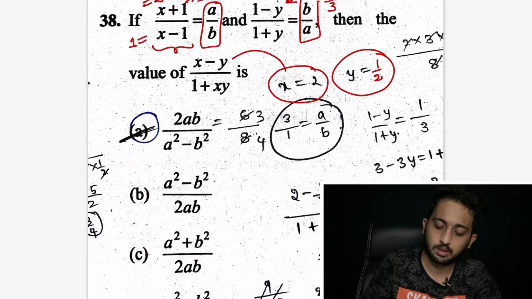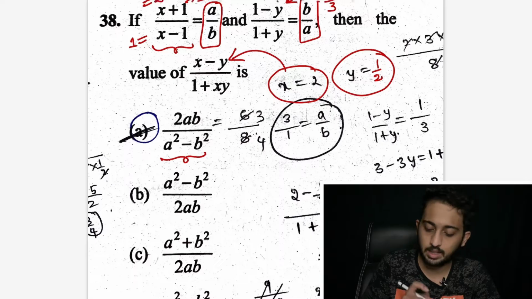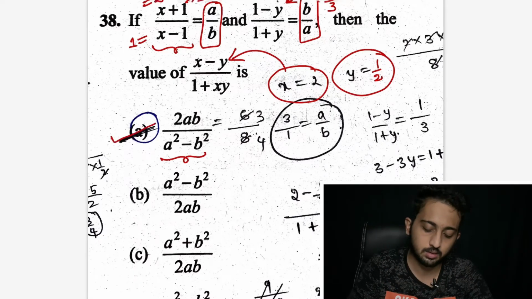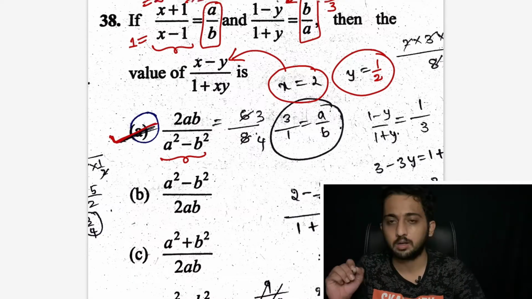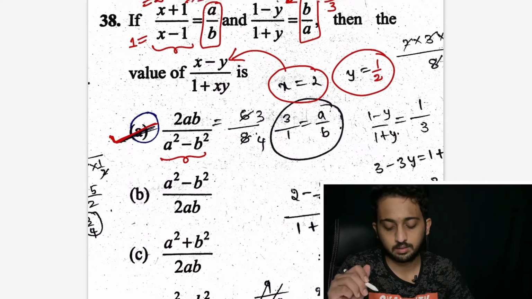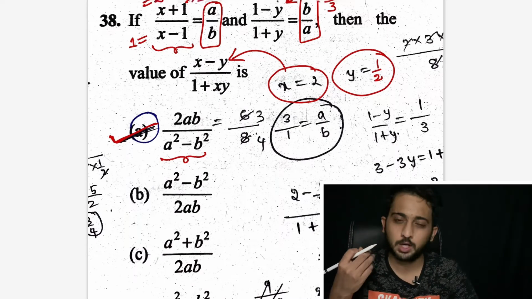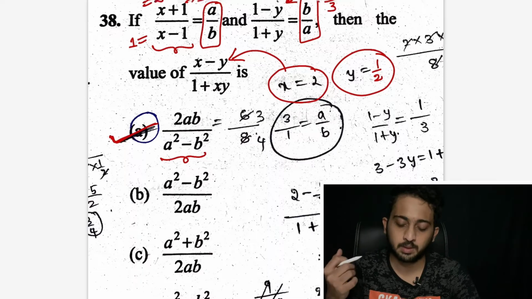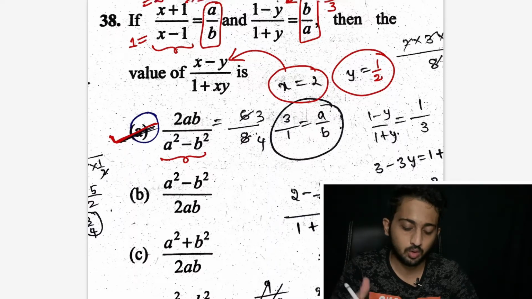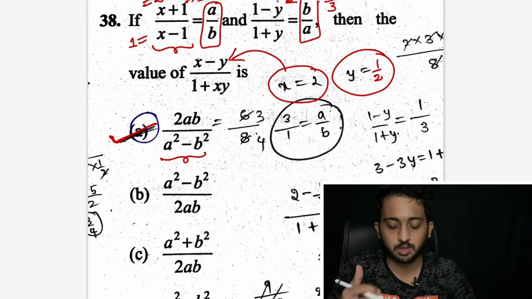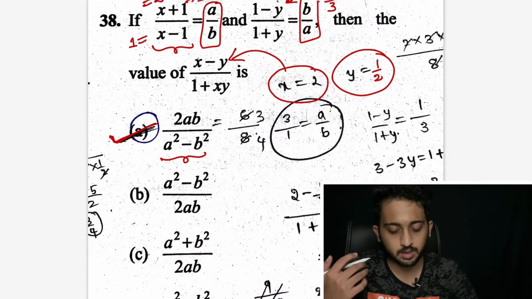So substitute this x and y value here, and also in the options you can substitute a and b values, and this is the only option that would satisfy the answer. So like this, by substitution you can solve many questions in mathematics and aptitude part. So even if you don't know the answer, don't just skip the question. Try to find the answer by substitution method.